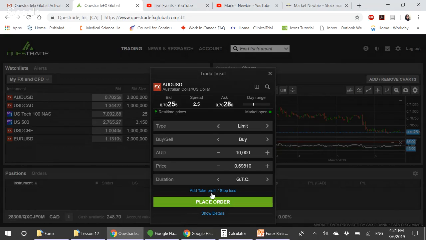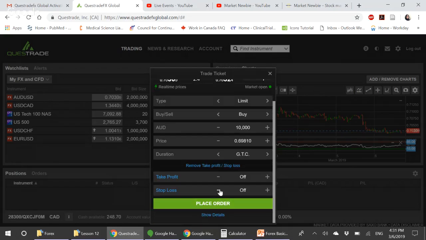We also have add take profit and stop loss, and that's what we said when we talked about, hey, when you put your limit order for buy, at the same time try to come up with your take profit and a stop loss. So when you click on take profit and stop loss, once you get in at 0.69, hopefully, if the price comes down, then you can create your take profit at, say, 100 pips higher than your entry price, or in this case even more than 100 pips, so 139 pips or 140 pips, and then a stop loss at say